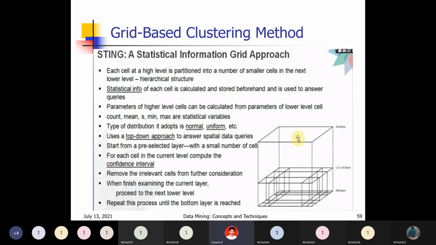In the next level, it is subdivided, and in this level you can observe 1, 2, 3 vertically, 3 parts, and horizontally 3 parts. Vertical 3 parts, horizontal 3 parts. How many parts? This is 9 parts. In the next level, again it is subdivided. Each and every subpart in the 9 parts is divided into 4 parts.